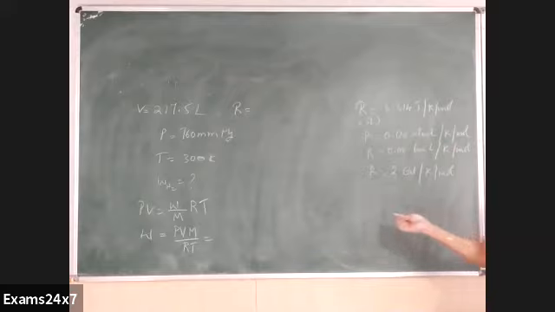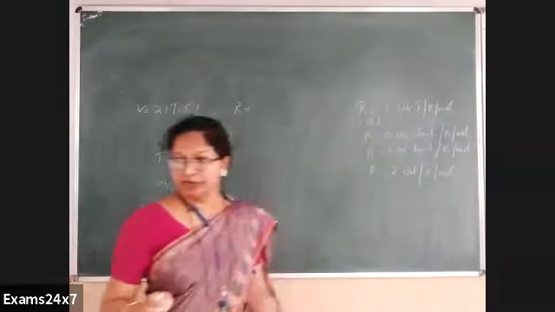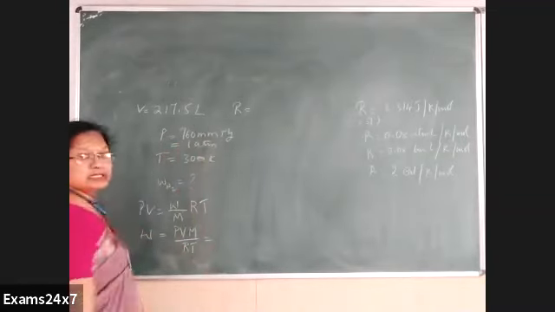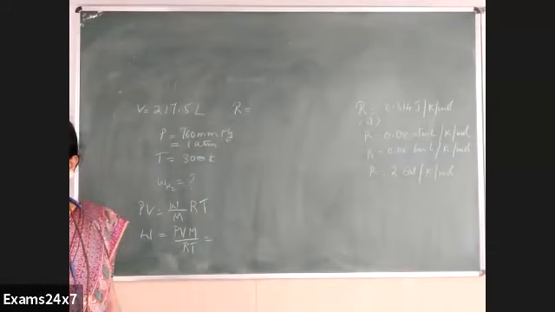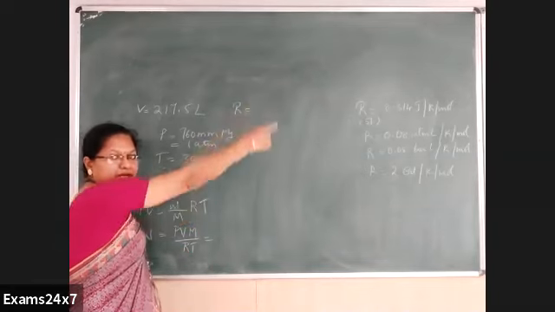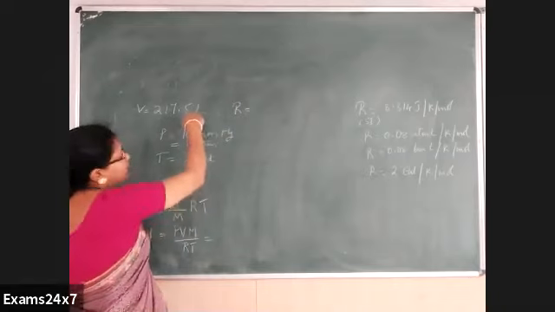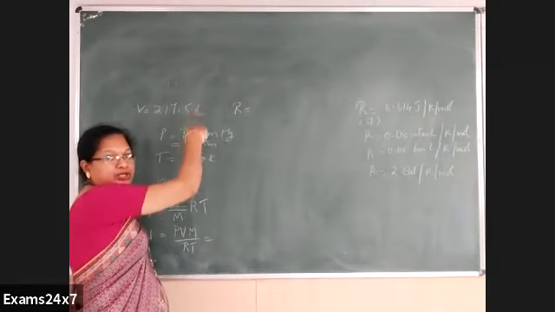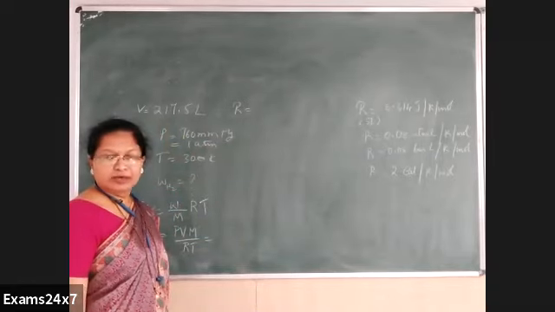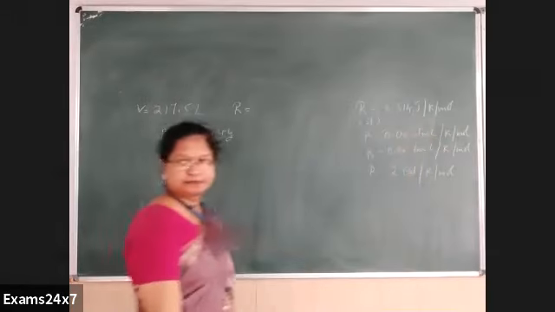Here pressure is given in mm of mercury. We don't have any value of R in mm of mercury. Hence safe to change this pressure into atmosphere. 760 mm of mercury is 1 atmosphere, right? Now you have liter and atmosphere. Now select the value of R. This is how you are going to select the value of R: by seeing in the given data, volume and pressure given in which unit, accordingly you have to take the value of R. Pressure is in atmosphere, volume is in liter. You can take this value of R.